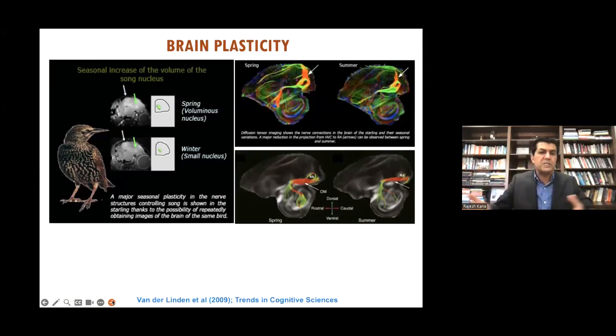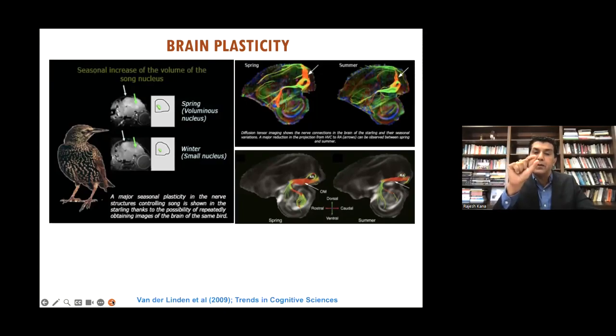Spring season, fall season, summer season, etcetera. And the researchers were measuring a part of these birds' brain called the song nucleus. The song nucleus helps these birds produce songs, just like Broca's area helps human beings produce speech. We can speak because of our Broca's area. So when they measured the volume of this song nucleus in different seasons, like spring versus summer,